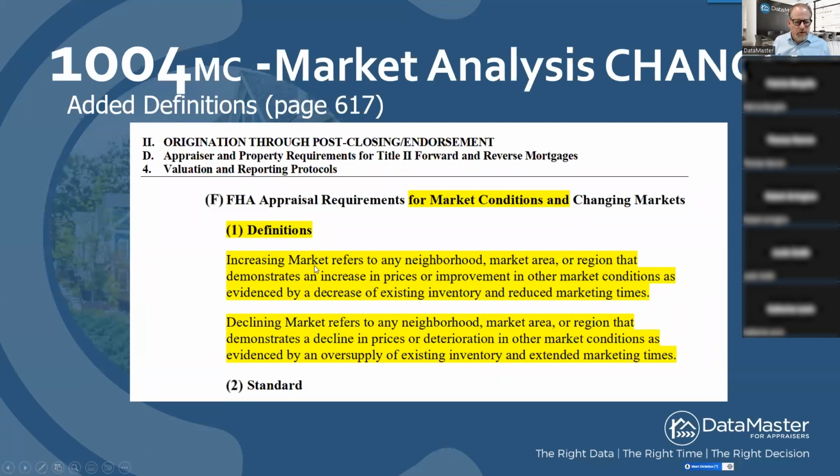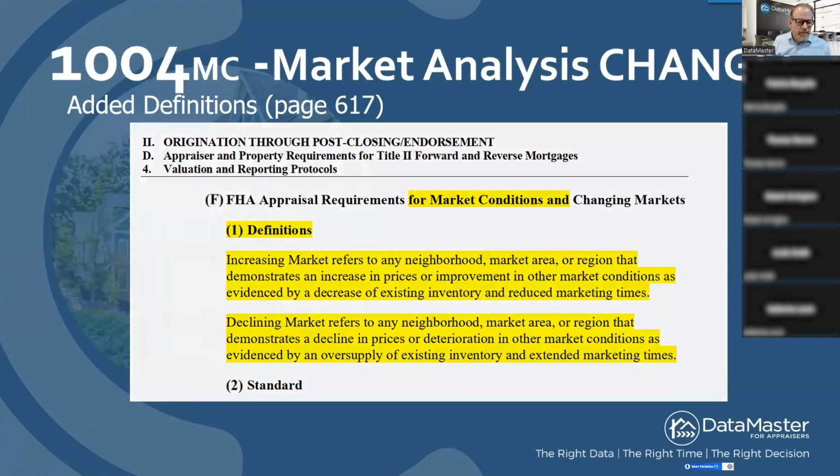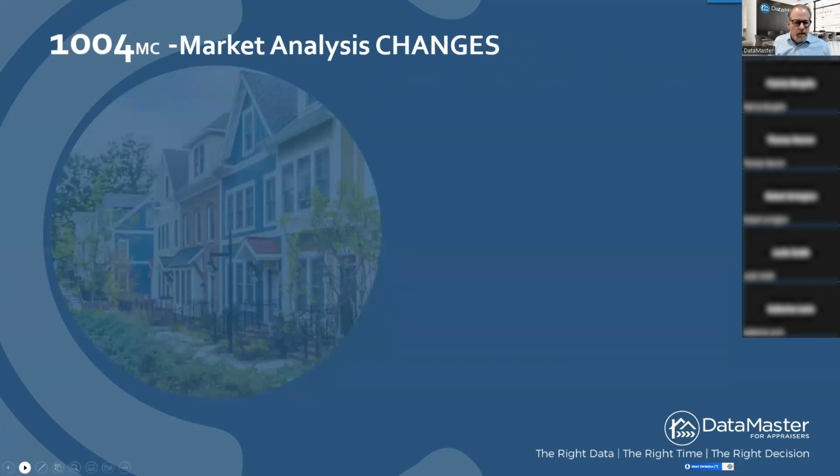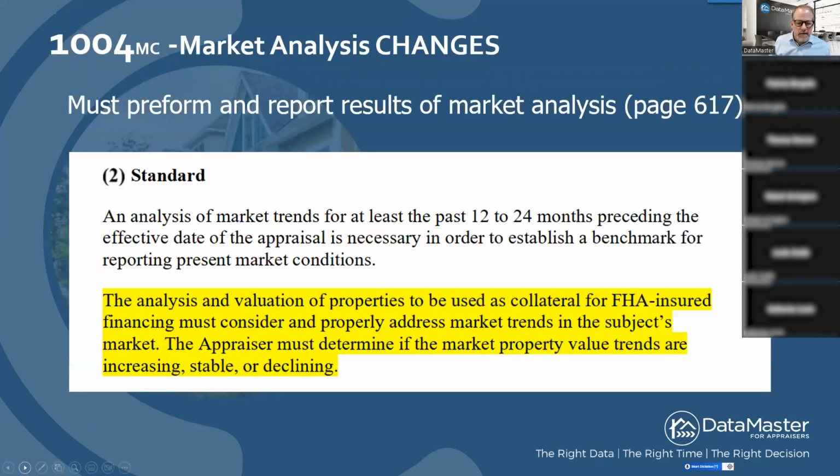So they actually added for the first time definitions of what is an increasing market and what's a declining market according to FHA. So if you're doing this for Fannie or Freddie or somebody else, this may be different, but they really tie the definitions to a change in existing inventory, reduced marketing time, really those key factors in market analysis. The other thing that has not changed is that we need to analyze 12 to 24 months of data